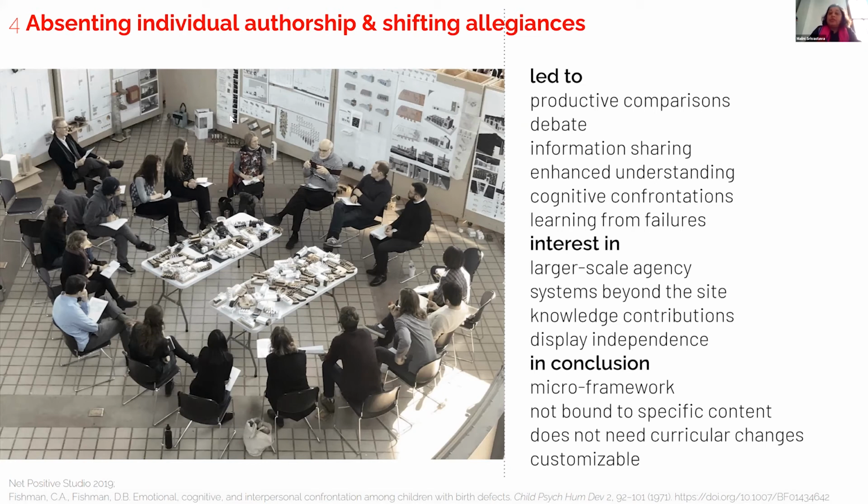Students typically have displayed an interest in these studios and larger scale agency. They're seeking out systemic impacts through but beyond the sites or existing structures that they are working on. At times, it has even led to knowledge contributions. For example, one of the studios proposed two relevant expansions of Lunen's taxonomy for climate adaptive building shells. Another group proposed a zoning code